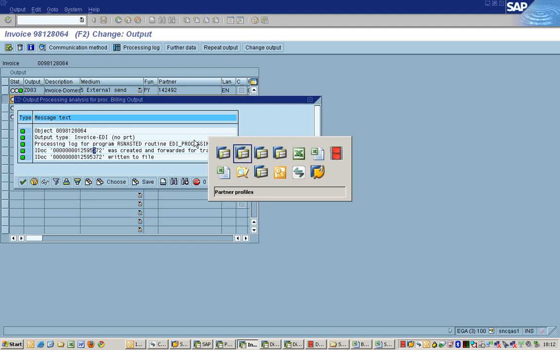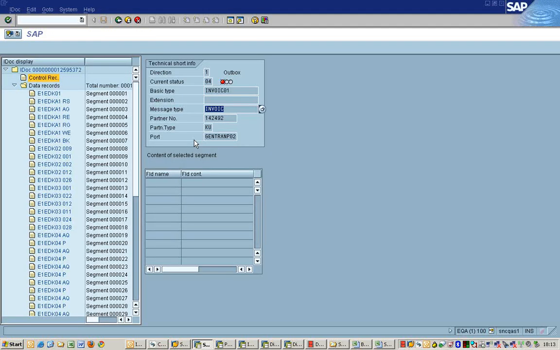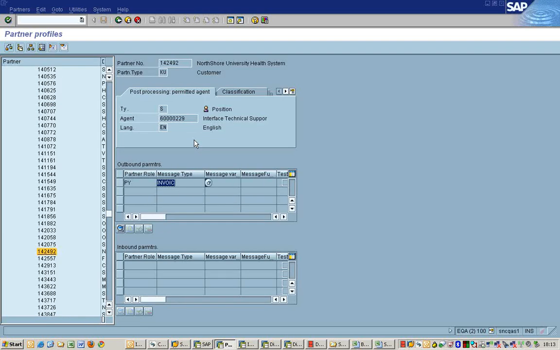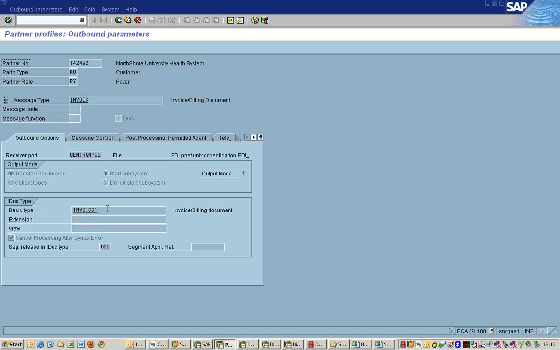ABAP will give what is the base type for it. Herein you are seeing message type. We have to say that partner role will be PY, message type will be invoice. If you just select and double click on this, you will see the basic type of the IDOC.